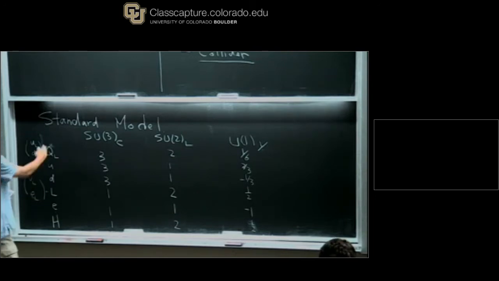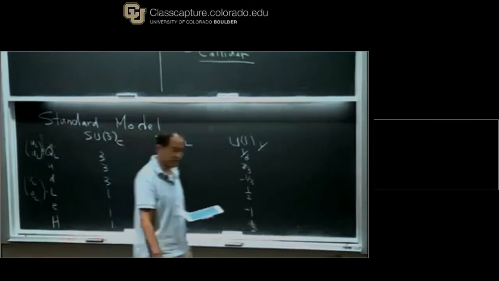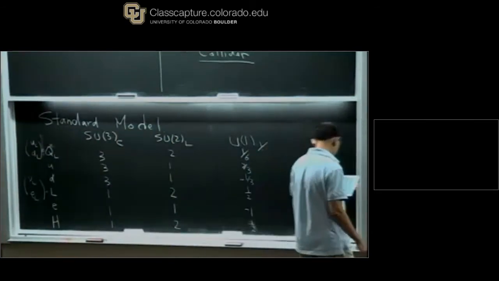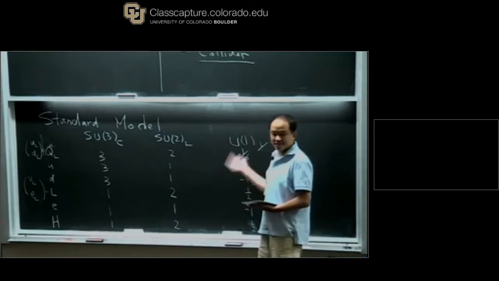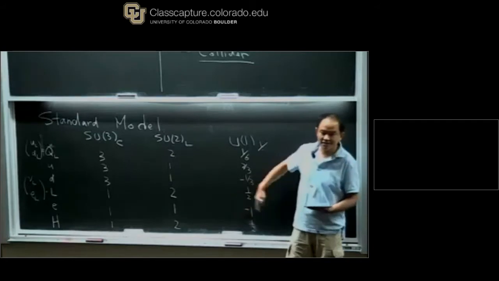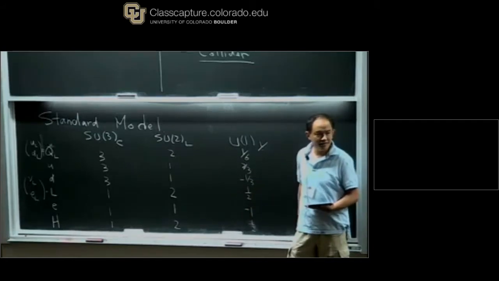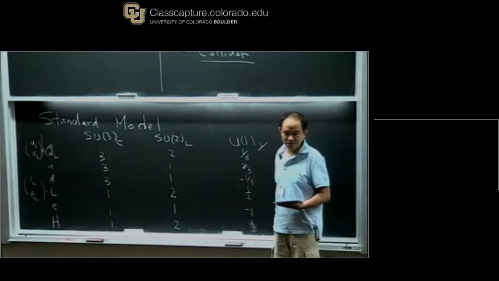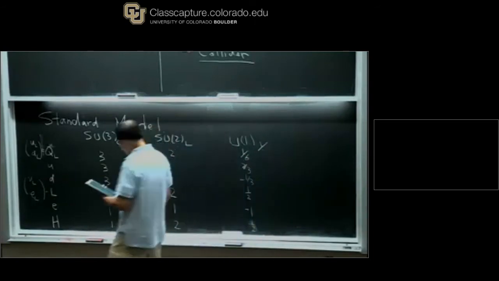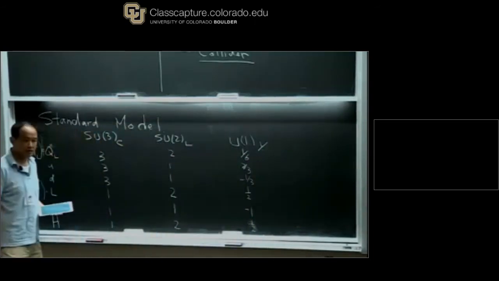Although I write it as one set of fermions, there are 3 generations of quarks and leptons. From that on, I assume you know how to write a gauge invariant Lagrangian. Do I need to write it? Well, we'll write bits and pieces of it as we go through more of the dynamics of the standard model.